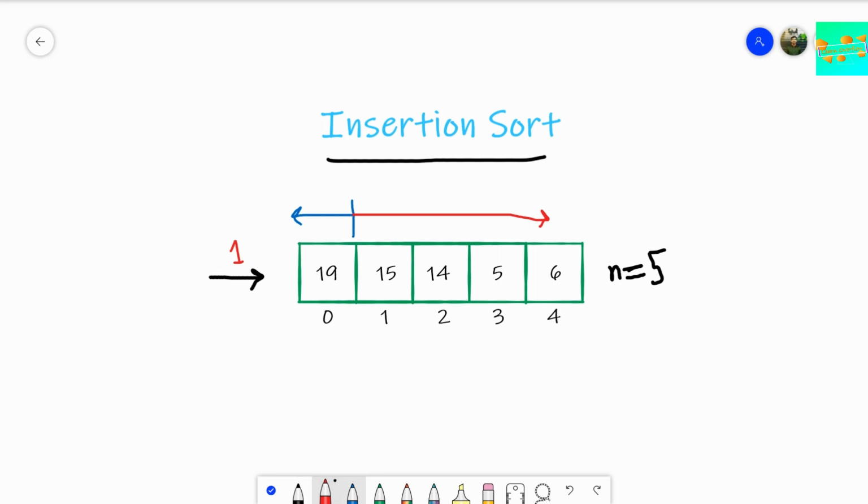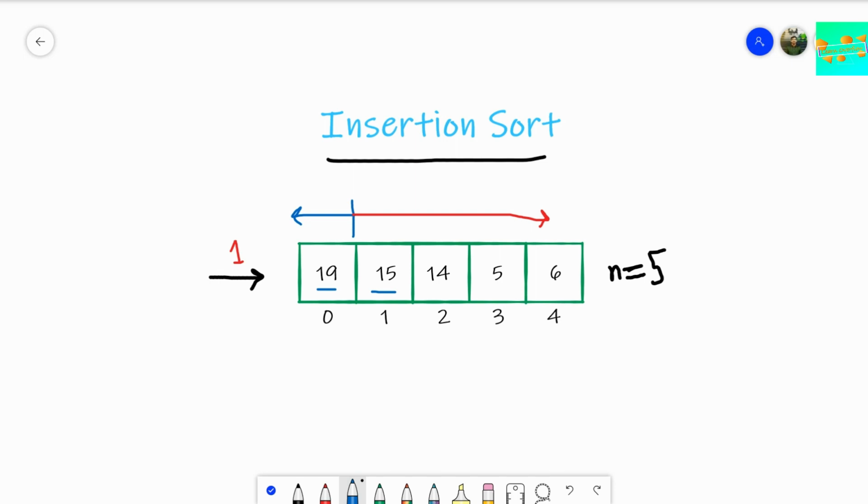In the next step, we check whether 15, the first element in the unsorted array, is less than the last value of the sorted array or not.